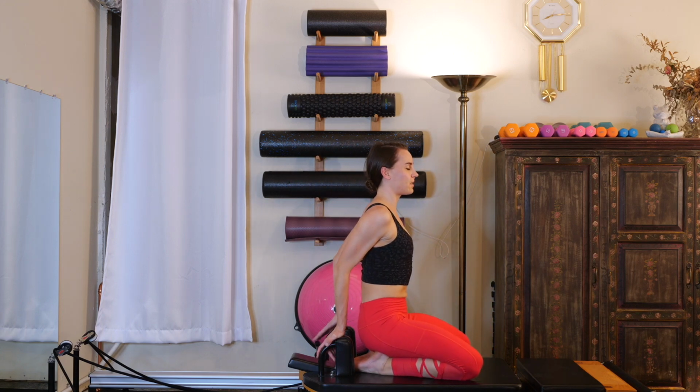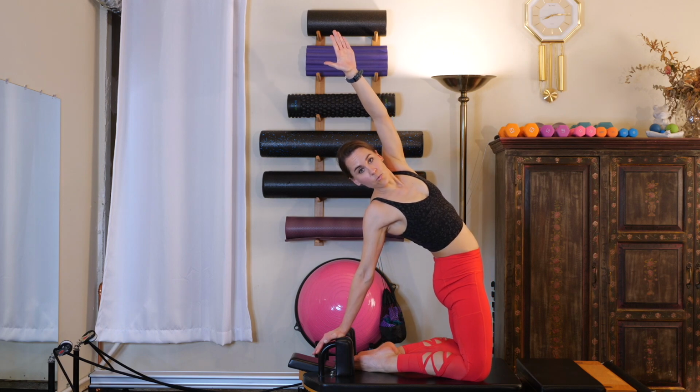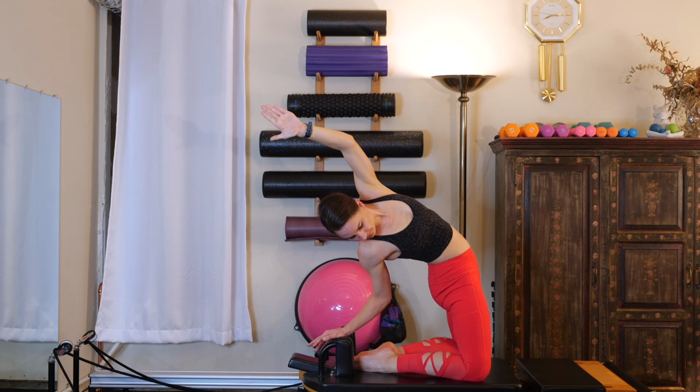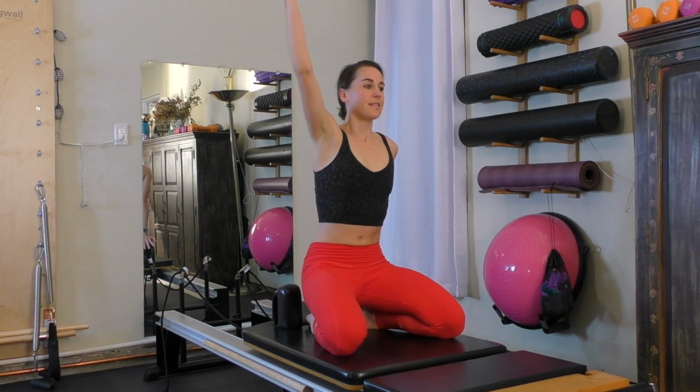Reach your left arm up to the ceiling. Push the hips forward. Turn your head and look down at your right hand. If you're more flexible, bend that right elbow to get deeper. Straighten the right arm and then place the hips back down. Left hand's on the shoulder rest. Right arm comes up. Stand up onto your